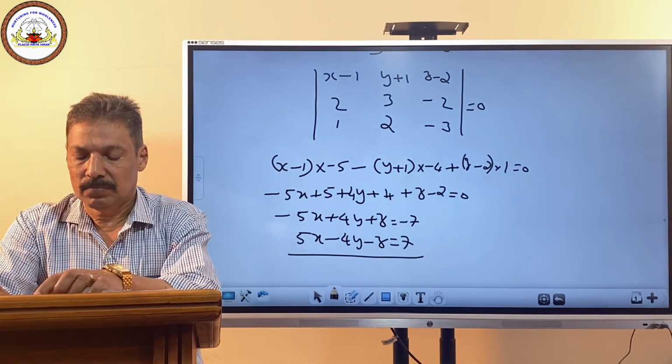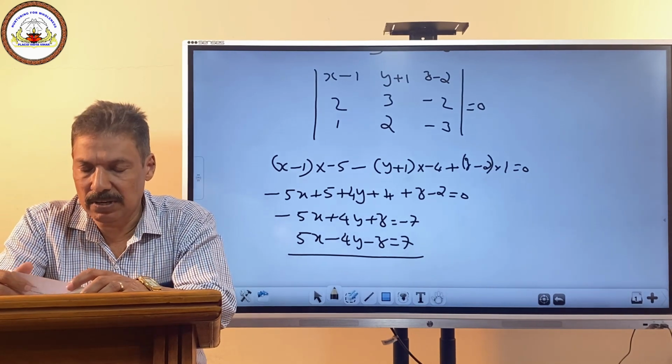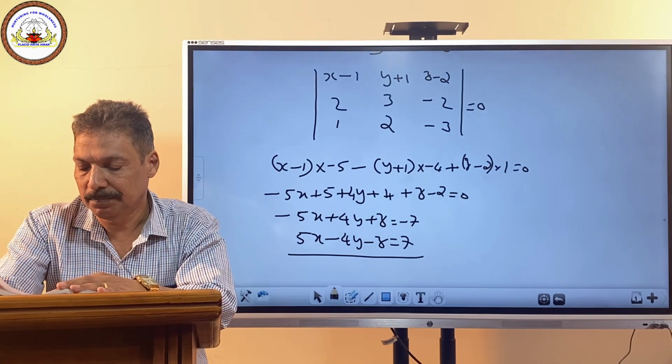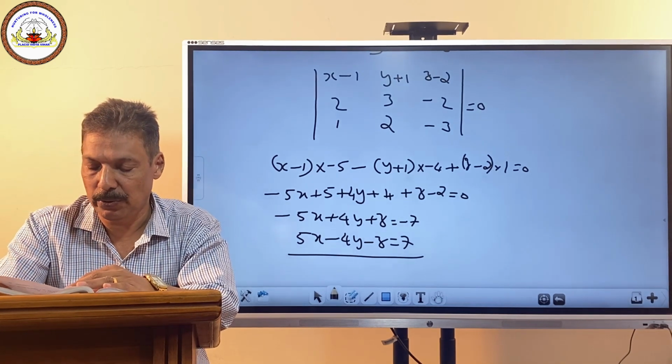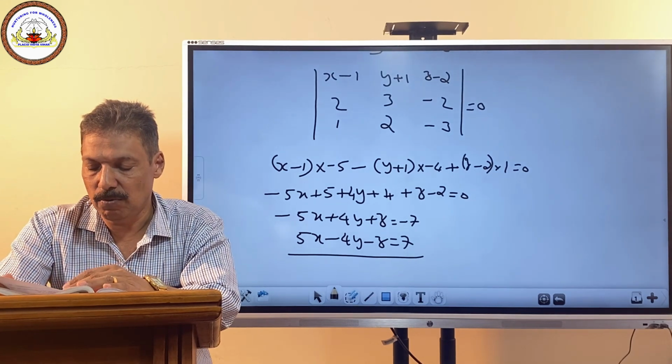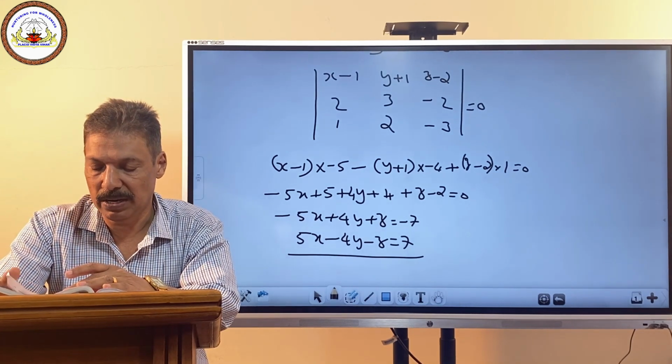The problem you worked out in your textbook in another way. The method is, first of all we find the equation of the plane passing through the point (1, -1, 2). So the corresponding equation can be taken as a(x - 1) + b(y + 1) + c(z - 2).